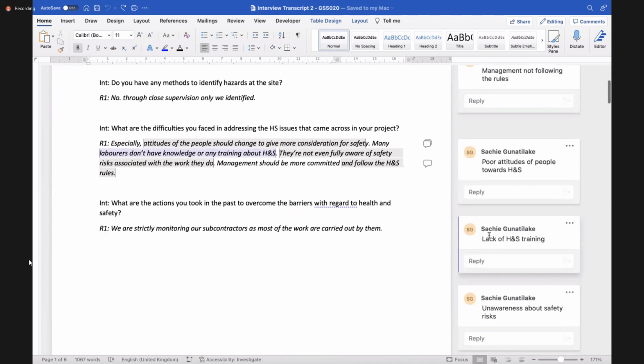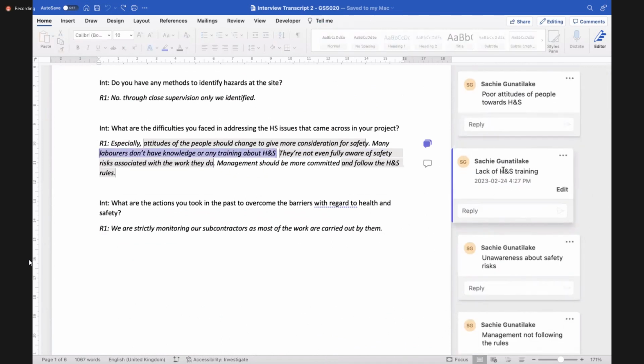So this is what I said. Say now, halfway through, you decide, okay, this particular code, I am going to change how I have written it. I'm going to change the wording. So instead of lack of health and safety training, I'm going to say poor training of workers or something like that.